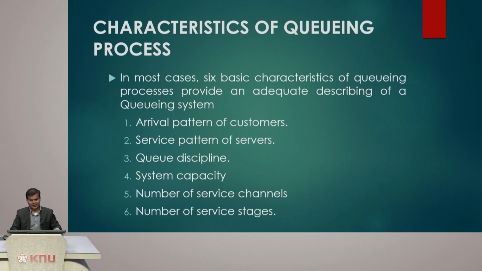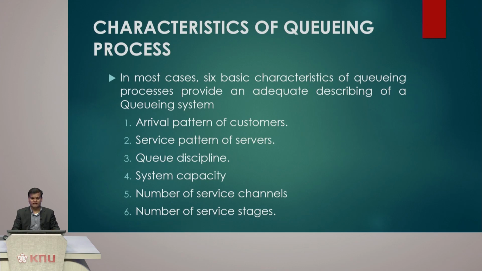So these are some of the characteristics of this queuing process, and these are some of the important points that we have to understand, some of the basic 6 characteristics of the queue. We will see the single server model, and later on we will take it over to multiple server models. The first point is the arrival pattern of customers. So, we want to know what is the arrival pattern of the customers as they come into the system. Then comes the service pattern of customers, how they are served,